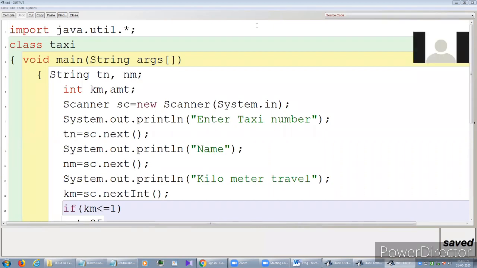Can you, sir, explain? Sir, this is a statement which... Let Oishi tell. This is a statement.